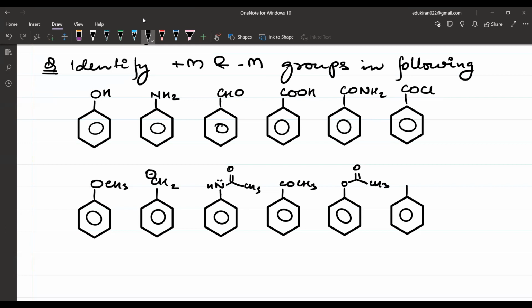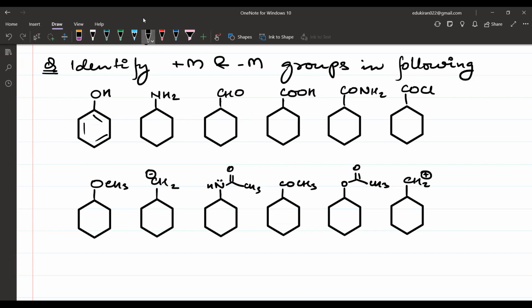और क्या हो सकता है आपके पास? एक केस ले लीजिए CH2 पॉजिटिव, दिस वन आई विल एक्सप्लेन। आप लोग रिंग बना लीजिए या फिर डबल बॉन्ड्स बना लीजिए। आई विल मेक द डबल बॉन्ड्स बिकॉज आई हैव टू एक्सप्लेन। हमने लोन पेयर्स कहाँ पे है नहीं है वो नहीं दिखाया, आप लोगों को पता लगाना कहाँ पे लोन पेयर है कहाँ पे डबल बॉन्ड है। If you know the structure of functional group, then only you will be able to understand where you have lone pair electrons and where you don't, and where you are going to have double bond. Identify the key atom, ठीक है।